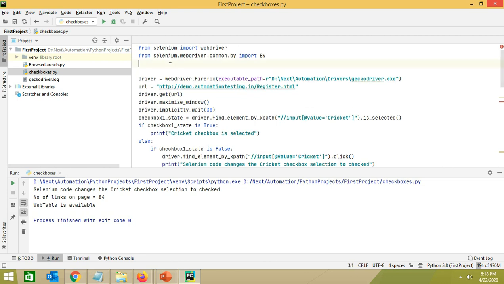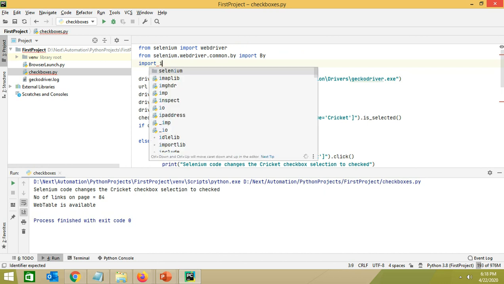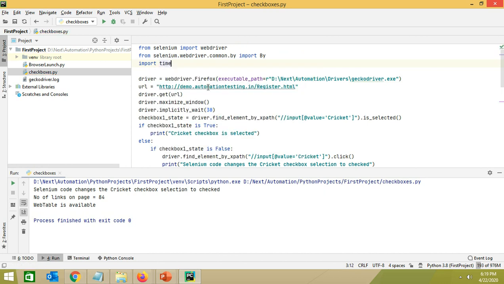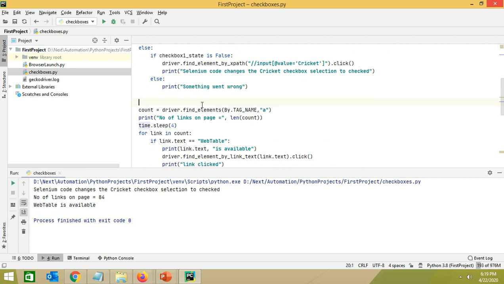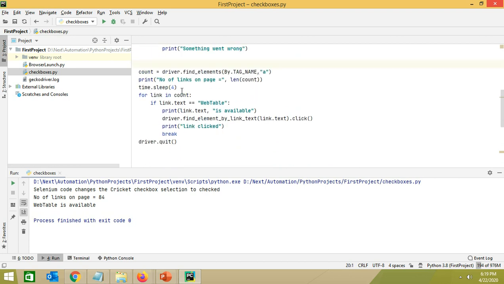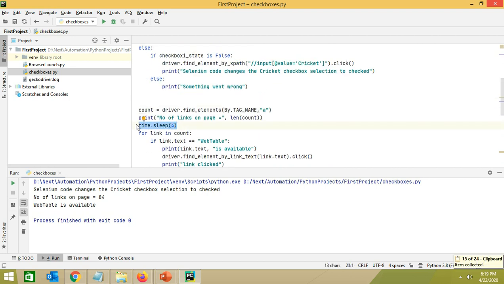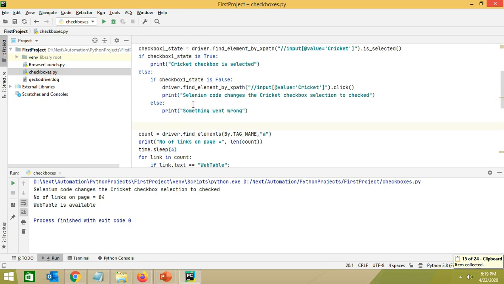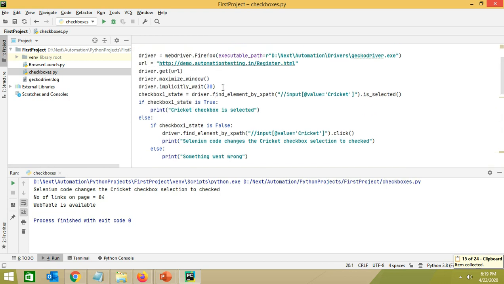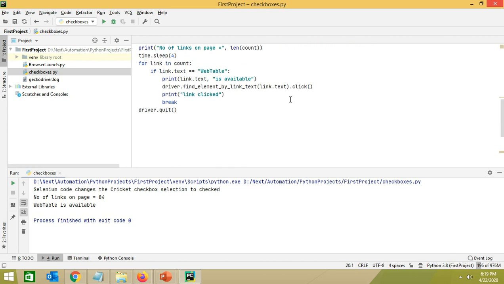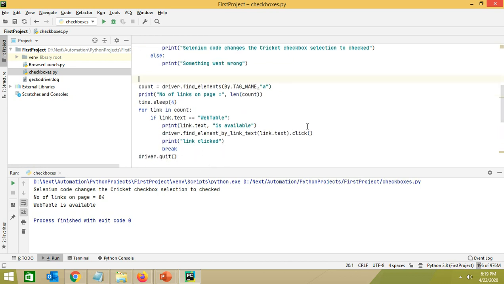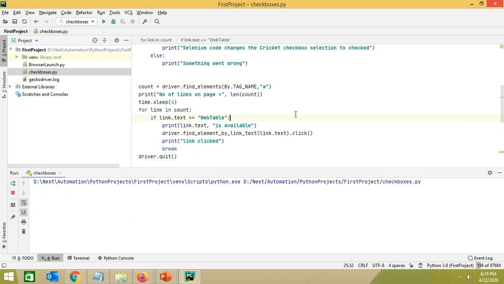We need to import the time module as well. Let's add some wait here. Yeah, that's it. We can run it now.